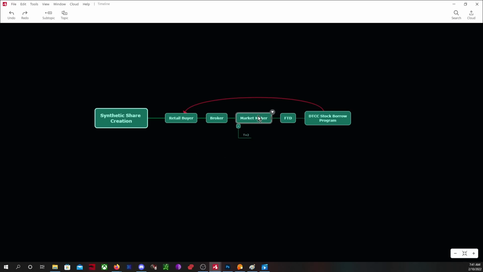And the market maker has no obligation to buy that back other than having to pay interest on the share that he borrowed. So what's interesting about this and how it relates to T+1 settlement is what happens if we break that cycle. Because my understanding is the market maker, he has to wait T+2. He has to wait for an FTD to be generated in order to go to the stock borrow program. So what happens if we cut this part of it out? Because there is no more T+2 or T+3. Next day it has to be settled.